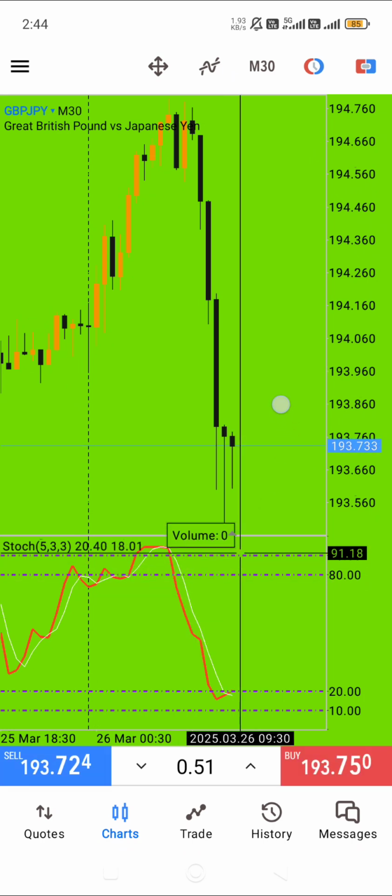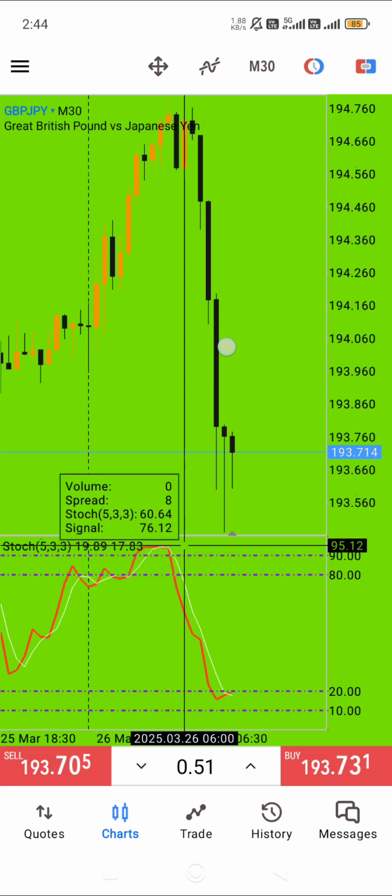Very simple, but every time you follow the 10 and 20 level, if they cross both lines and go to the upside, it will try to buy position. More and more buyers come here, and the market will go to buy position. Or if 80 and 90 cross the market and go to the downside, that means the market will have strong sellers, not buyers. Buyers are already buying position right now. Sell both.